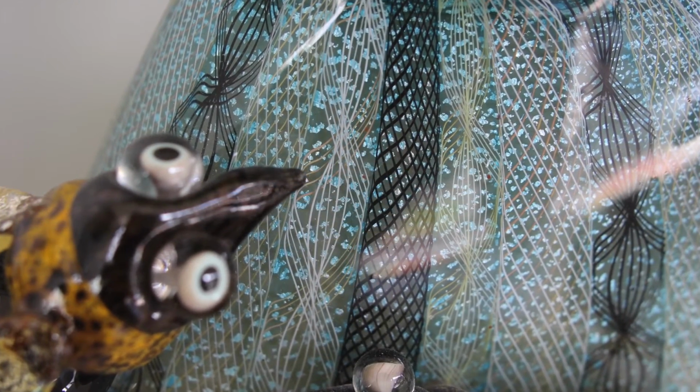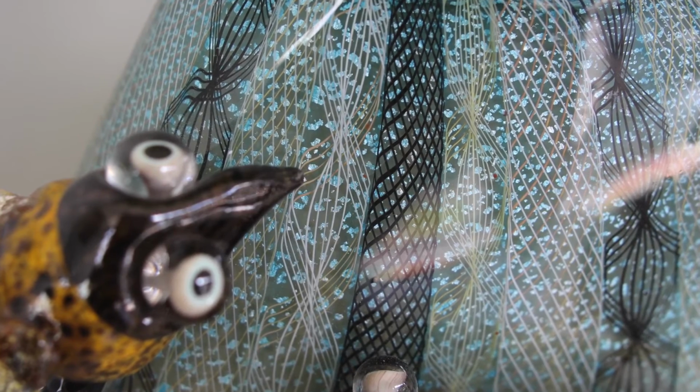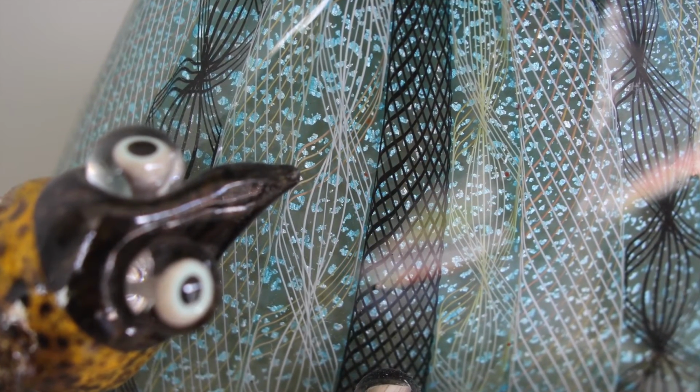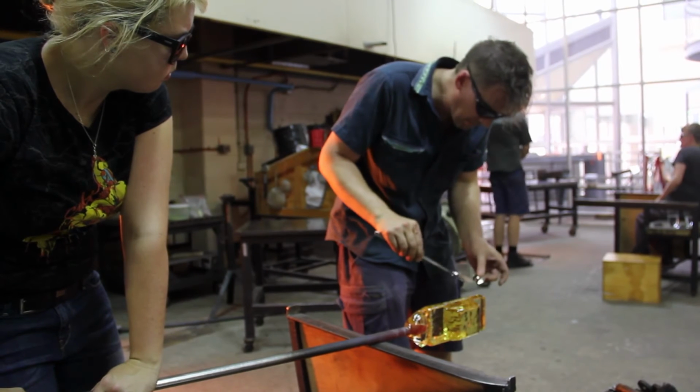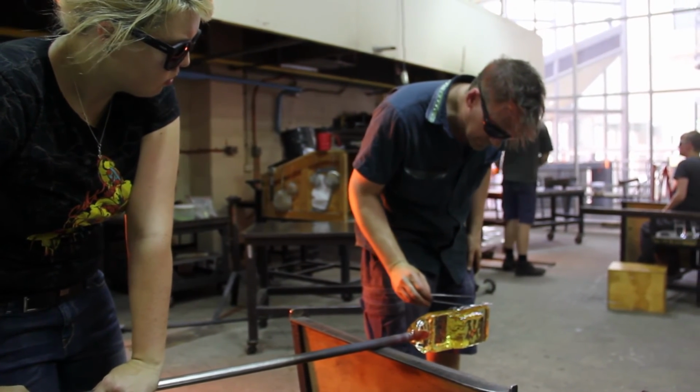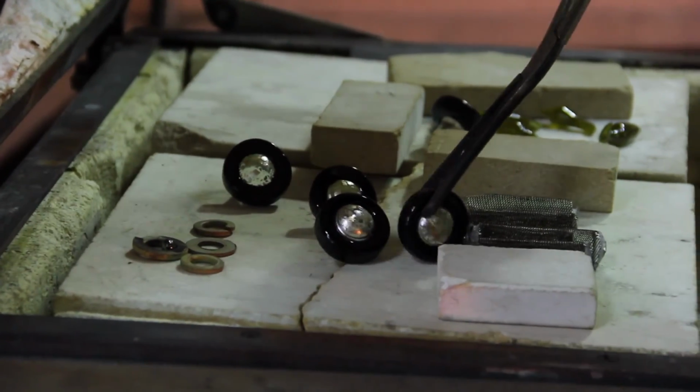Historically twisted cane has been used to make sort of symmetrical vessels, and it hasn't been used so much for sculptural or figurative or narrative sort of stuff, and so I think that is an interesting sort of crossover. My very long relationship with Jam Factory is really crucial to me building up the breadth